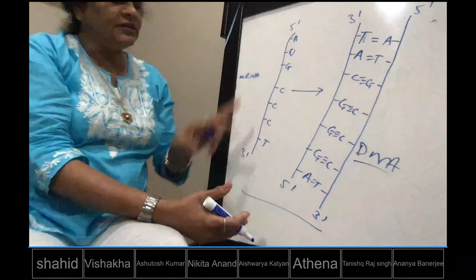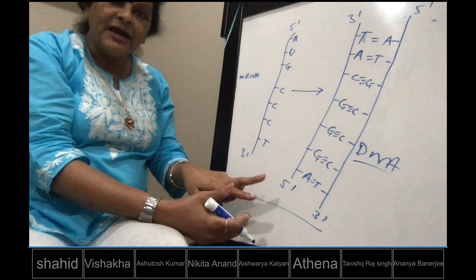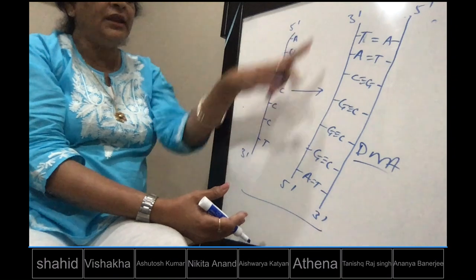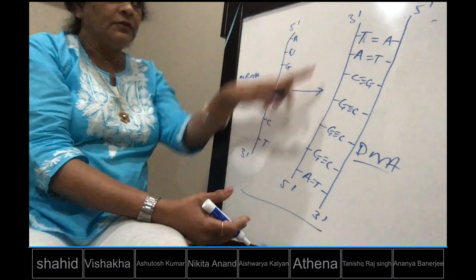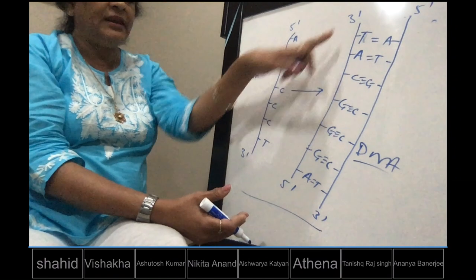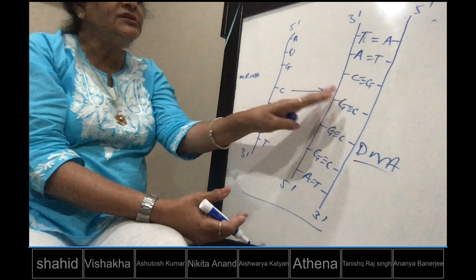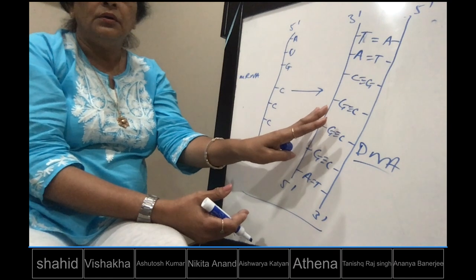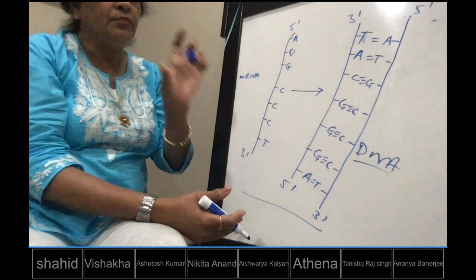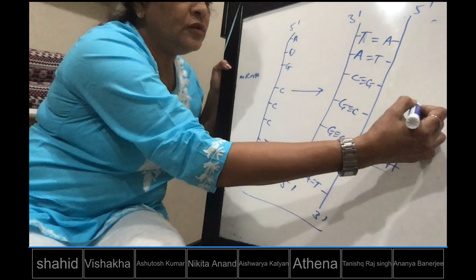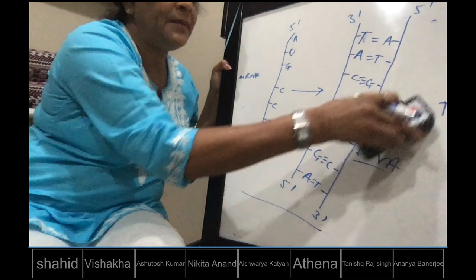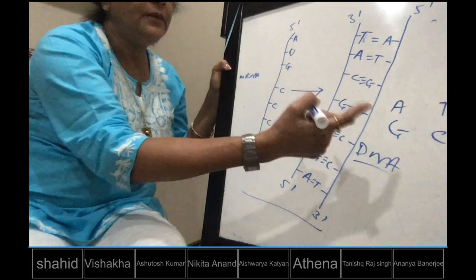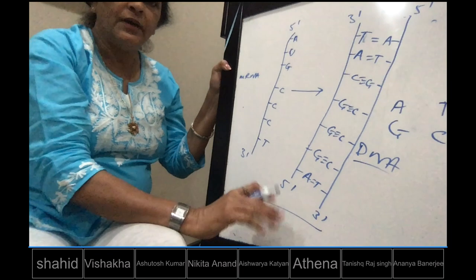So mRNA का 5-3-N is synthesized by the DNA 3-5-N, opposite. तो ये DNA का 3-5-N है. And what is this? This is simply complementary base pairing rule. बेस पेयरिंग रूल बहुत सिंपल है. A will always pair with T. A will pair with T. G will pair with C, and vice versa. T pairs with A, C pairs with G, vice versa.